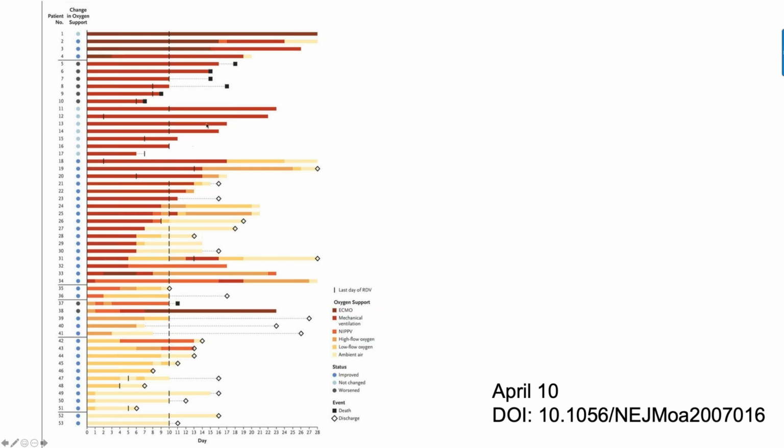You can see the deaths are in the black here, and you can see the discharges with the open triangles. What you also see is that many patients have not really been followed fully to day 28. You can also see that there are many patients who have missing data as demonstrated by these hashed bars. And unfortunately, the end result is it really leaves us no further ahead. Essentially, something was given and then something happened, but we really don't know whether this actually affected outcome.